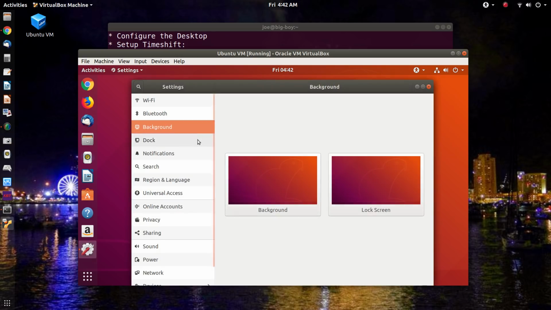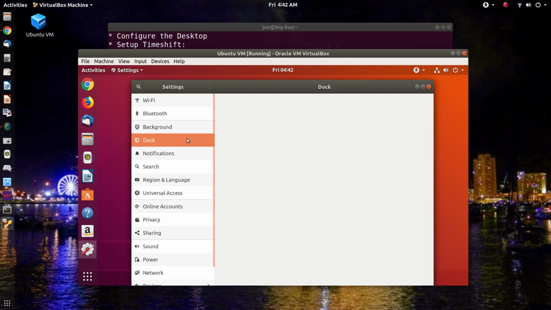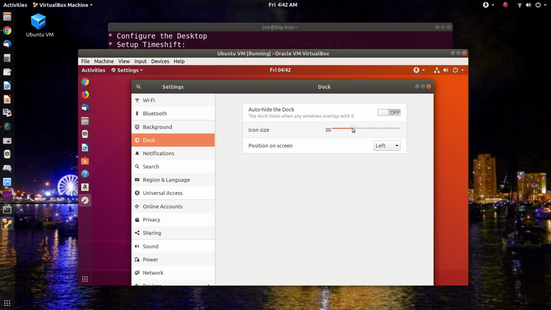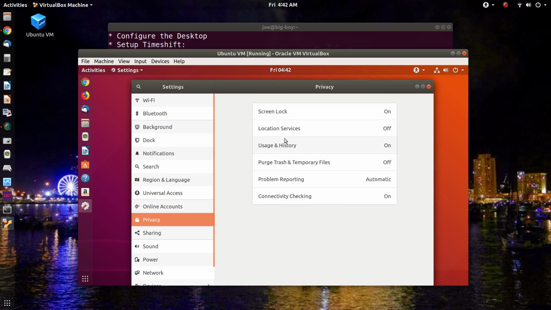First of all, the system comes out of the box with the dock set up to be pretty big. You can make that smaller if you like. You can also change where that shows up. So if we make that like 32, then you end up with what I have on my main desktop here. And you can auto hide the dock if you want to, make it go away. So that's here. If we go down to privacy, this has the screen lock on, which means that after a